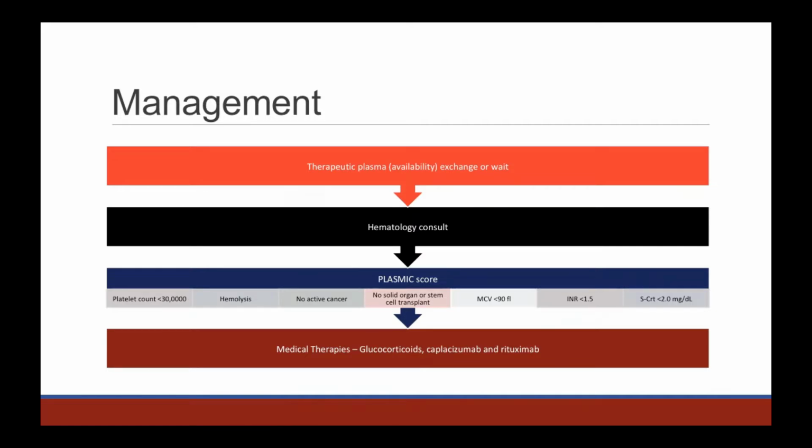So what I would do in this patient is, of course, get our hematology colleagues on board, calculate the PLASMIC score for our patient, which was 6, and then, of course, order all the labs, which were already ordered, and then we did a pretty thorough HPI and a physical exam as well in order to accurately calculate our PLASMIC score, and then initiate the patient on IV glucocorticoids and confirm with our pharmacy and hematology colleagues for availability of alternative medications and our patient's qualification for these medications as well, while we're planning for therapeutic plasma exchange, which I believe will be discussed following my part.